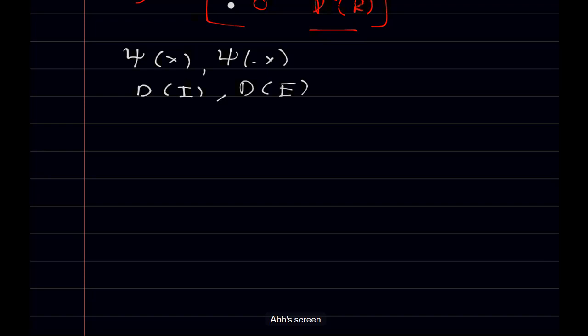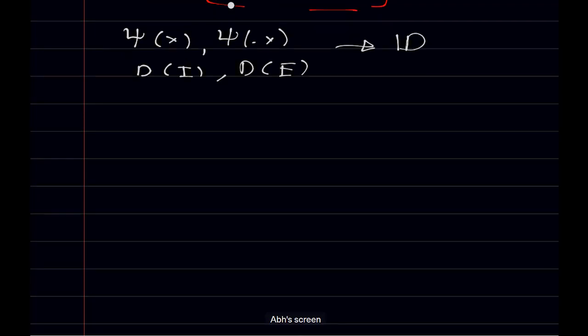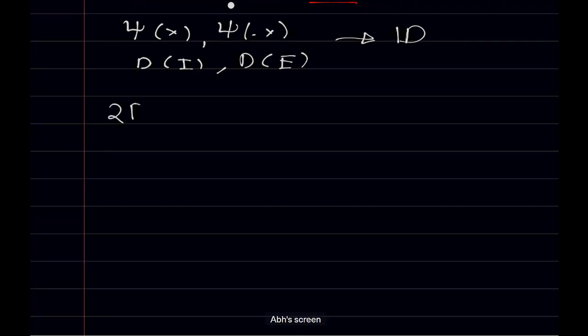So this was all in 1D. Now just to explain this, let's take an example in 2D. And the question is that consider you have an operator R that creates a rotation,